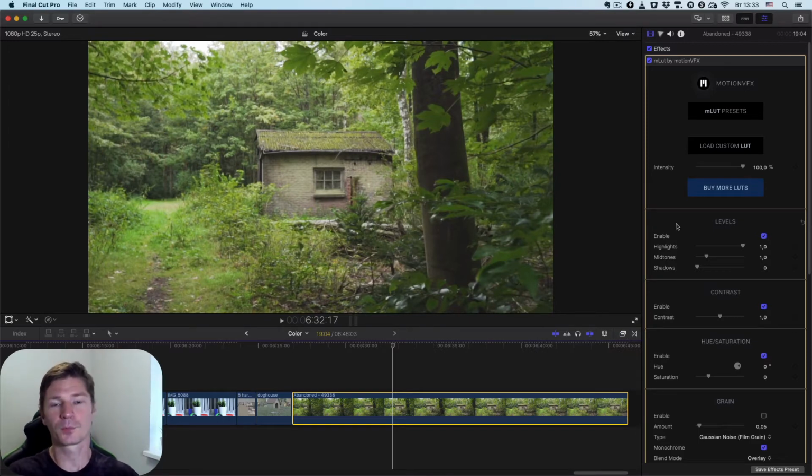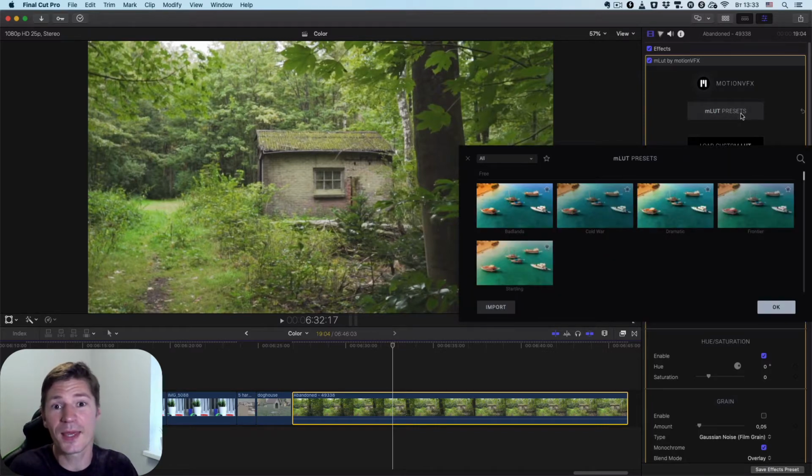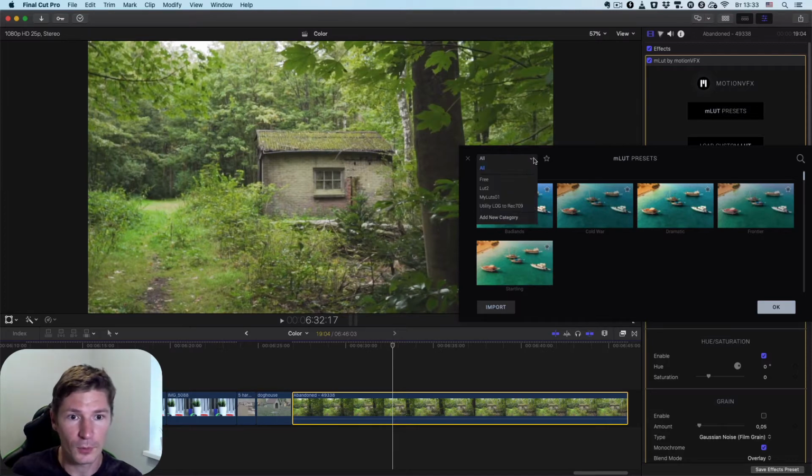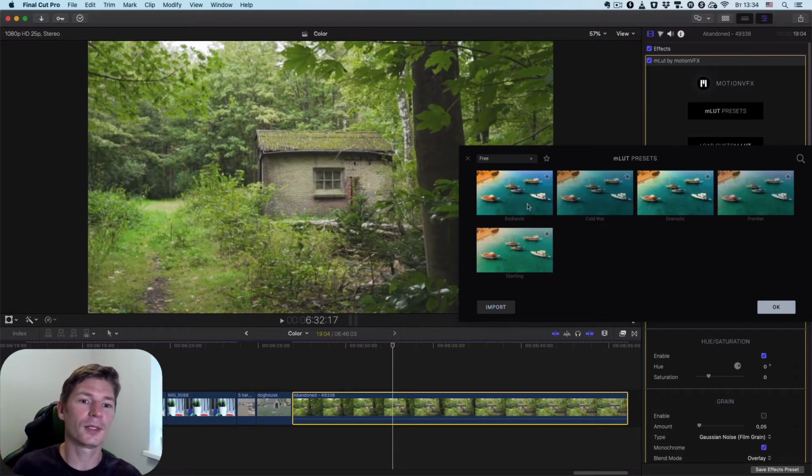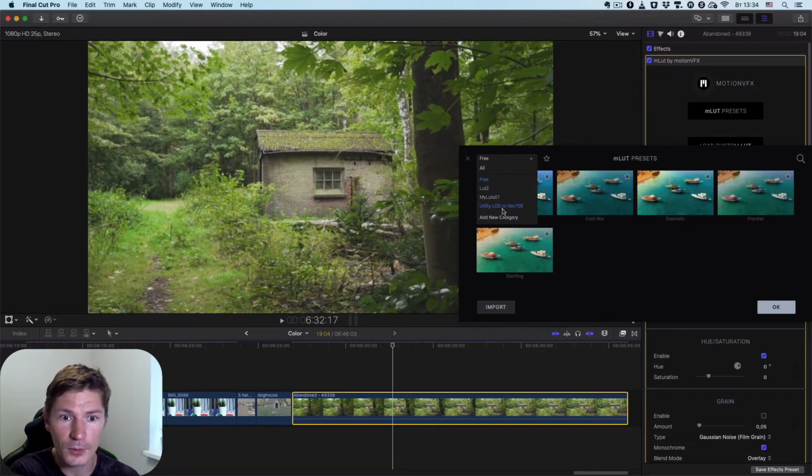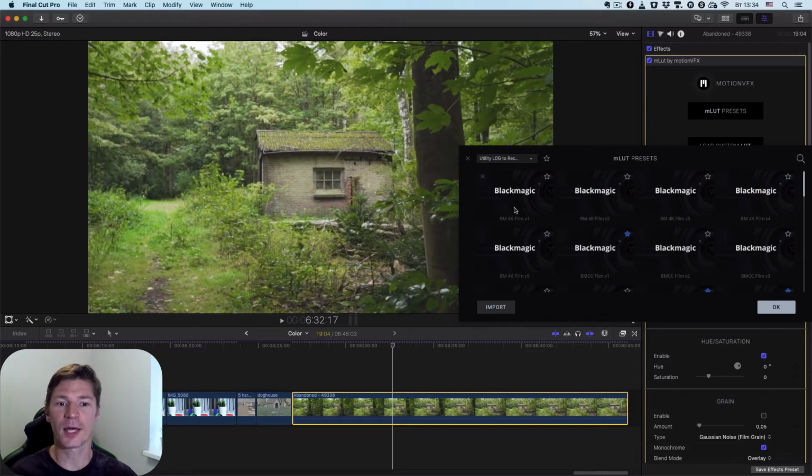Okay, if you click here mLut presets, you can see three presets that downloaded in this plugin by default. So you click here and you can see 1, 2, 3, 4, 5 free LUTs. We can say that these LUTs are art LUTs, but we have special category called utility log to rec 709, and these LUTs are technical